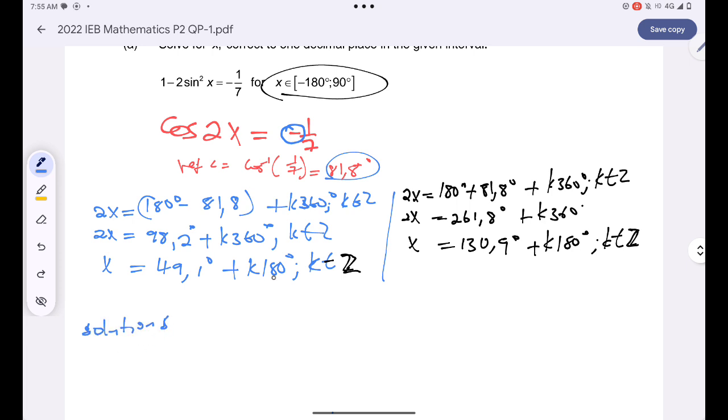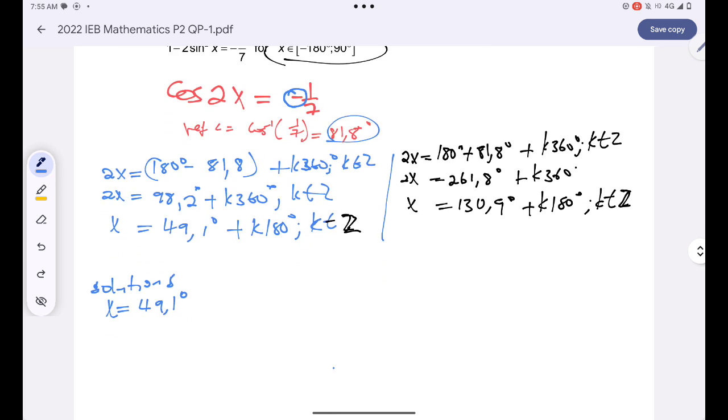Okay, when k is 0, I know that x will be 49.1 degrees. Are you together? And then whenever I have 49.1 plus k times 180, okay, and then in place of k, whenever I substitute 1, I will get an answer which is